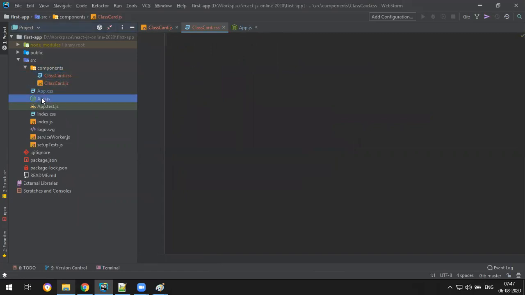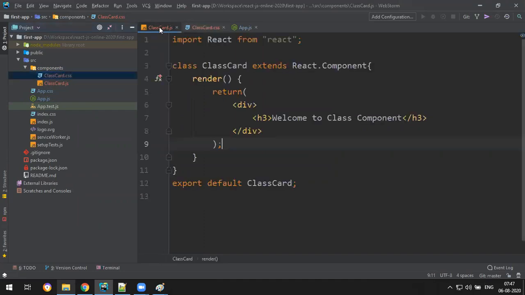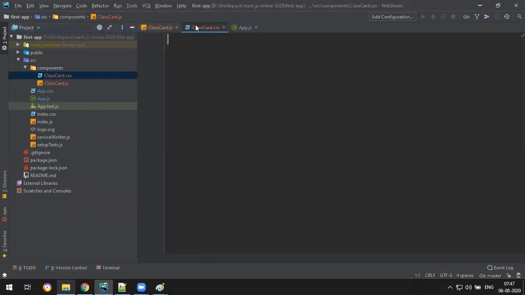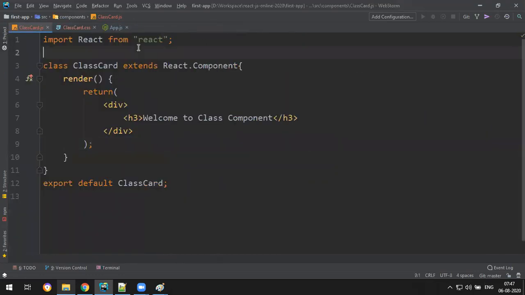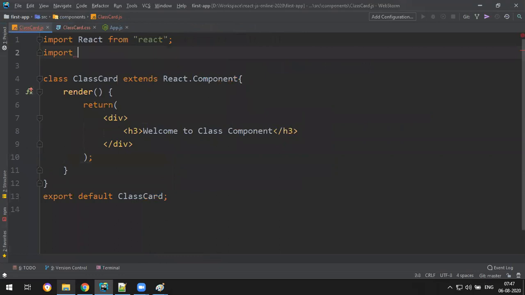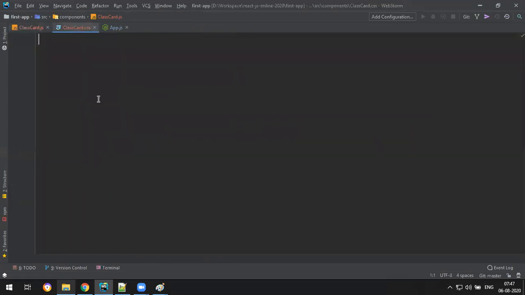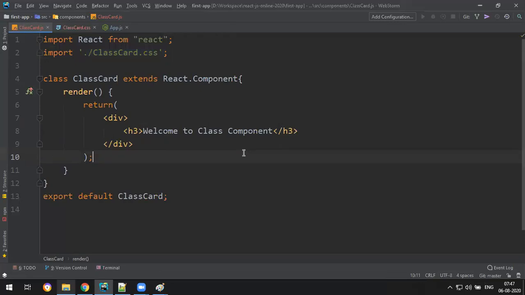Same like app.css, app.js. So let me connect this CSS file to the JS file. How to connect the CSS file to the JS file is simple: import './Card.css'. If you have just done this, this CSS is connected here. So any styles you write in this CSS are applicable for this file.